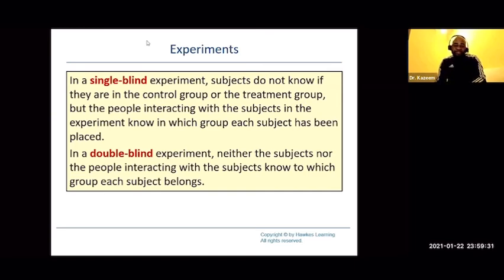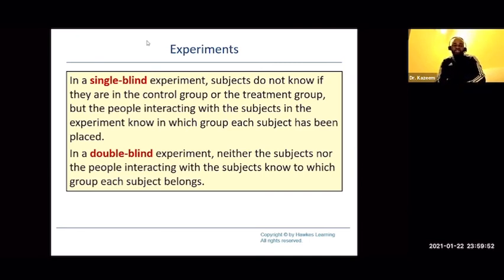They are not likely to participate. Single blind means it is only the participant that is not aware of what is going on, but the researcher is aware of that. But double blind means both the participants and the researchers